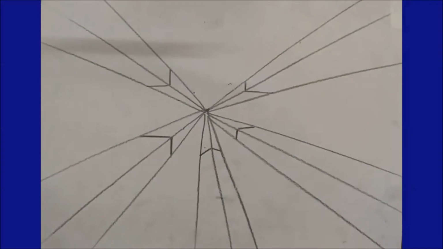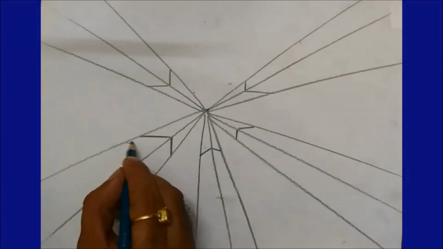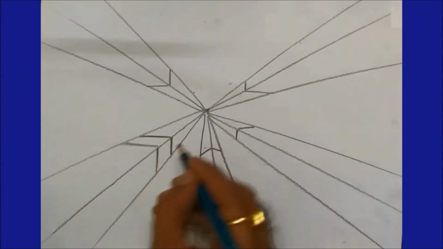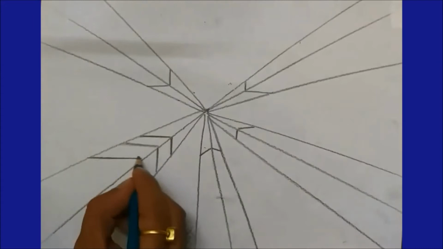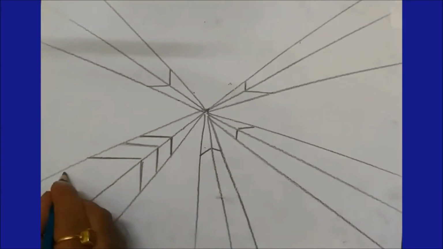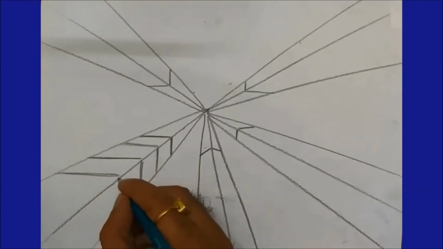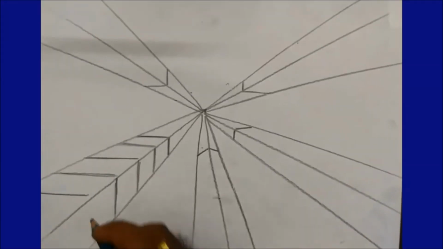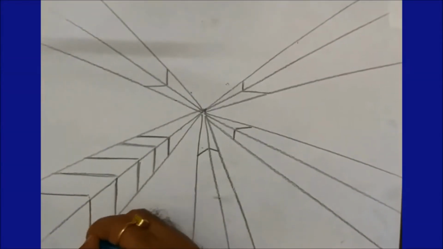Now I am going to make multi-storey buildings. Here again slanting, standing, slanting, standing, slanting, standing, slanting, standing.